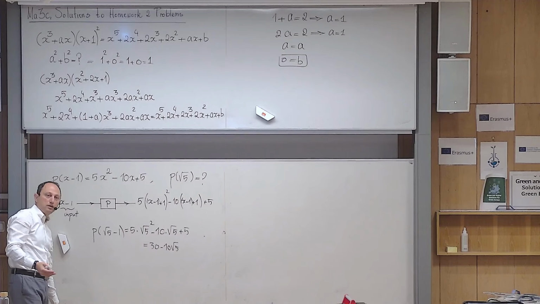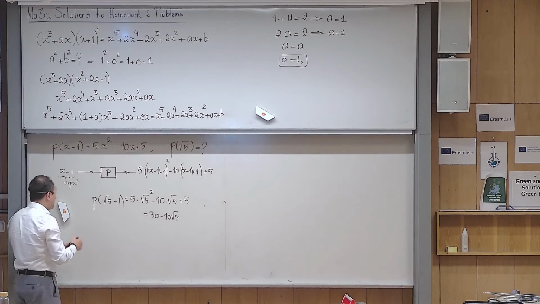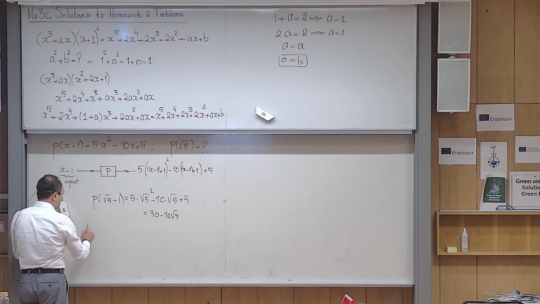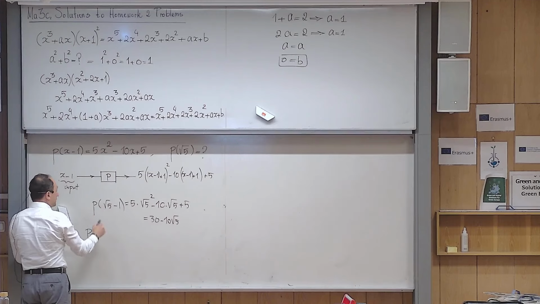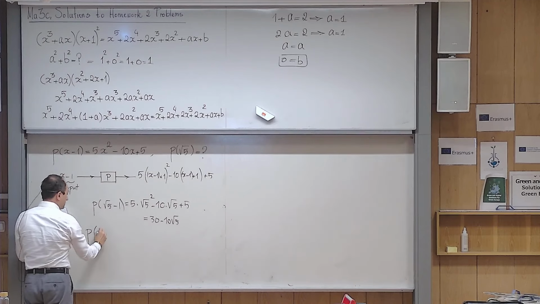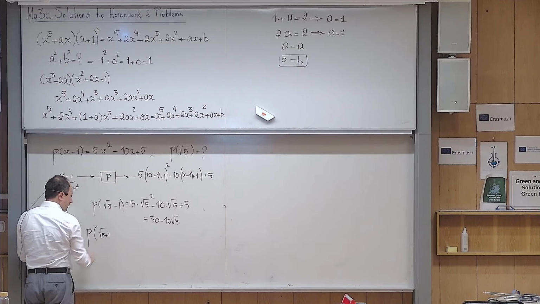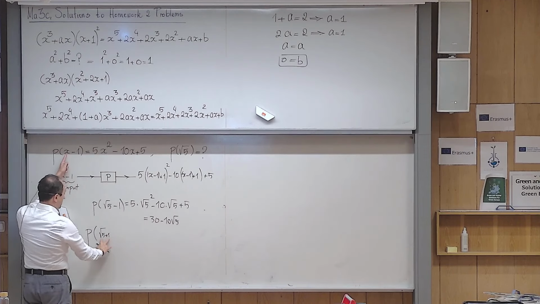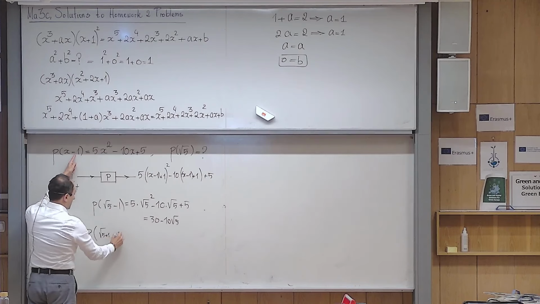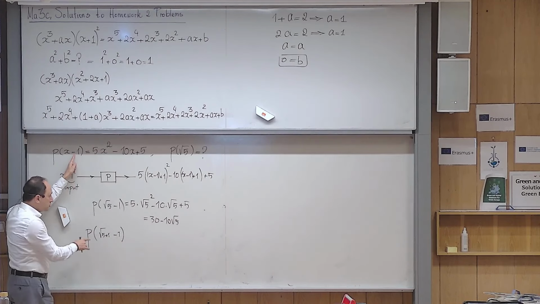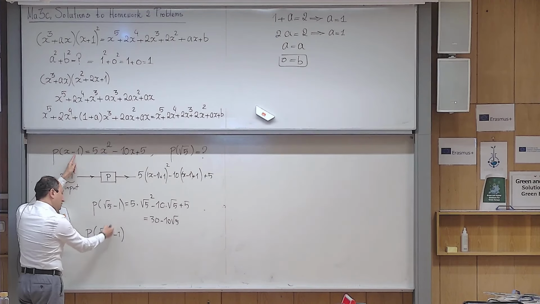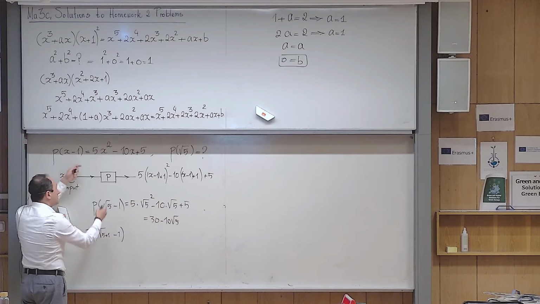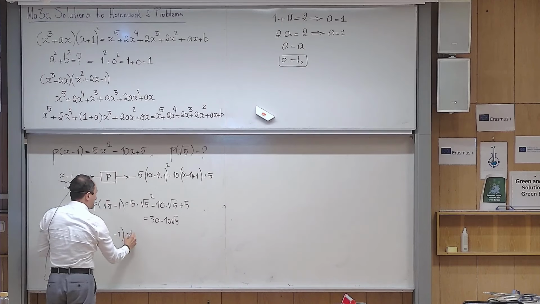Then you immediately realize that what you have to send in, as Abdullah mentioned, you send what in? Instead of replacing x with the square root of 5, I replace x with the square root of 5 plus 1. I replace x with this number, but after that there is a minus 1. Do you agree? And this is good enough, because this one that I anticipated for it, it will cause that these two are gone and p of the square root of 5 is 5. So then I go here, I will replace every x with,